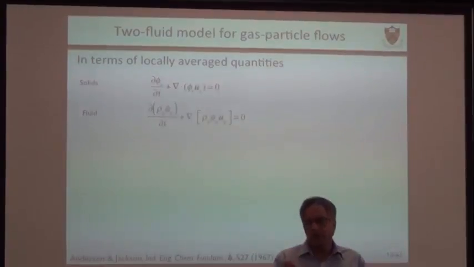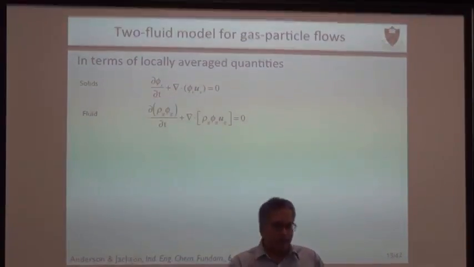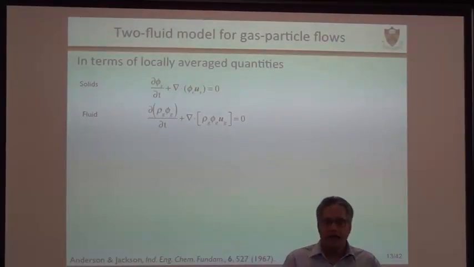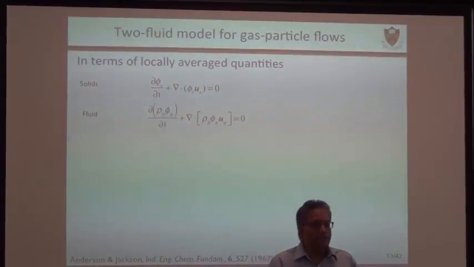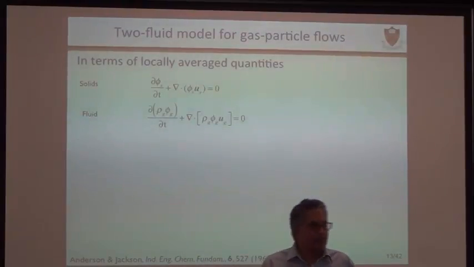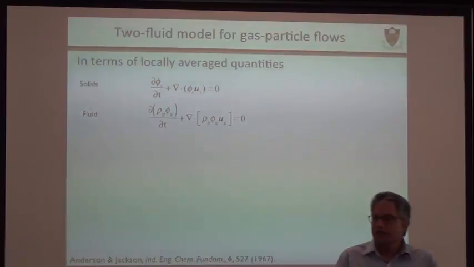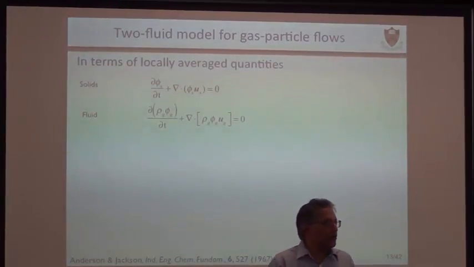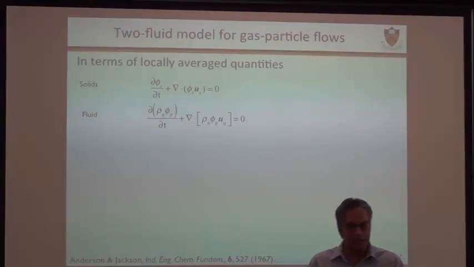If you start from a point equation, which is something we can write as the Navier-Stokes equation for the gas and Newton's equation for the particle, and you go through averaging procedures, you can derive this effective continuum model. People did this 50 years ago, and there are a lot of loose ends that people have been trying to tighten as years go by, and we have come a long way. So this is not a new thing, this equation.